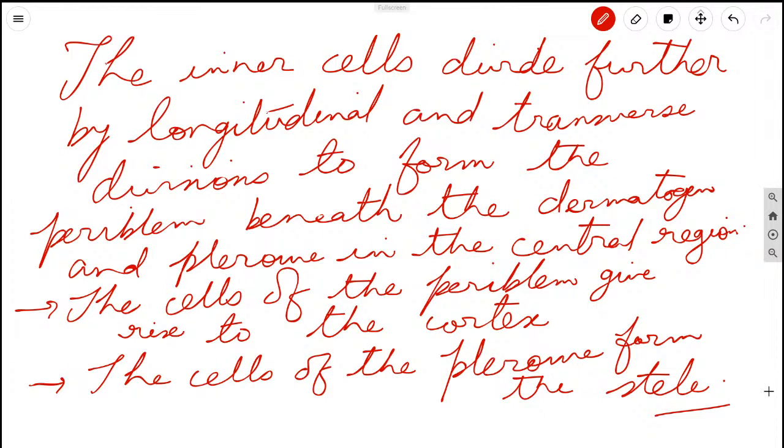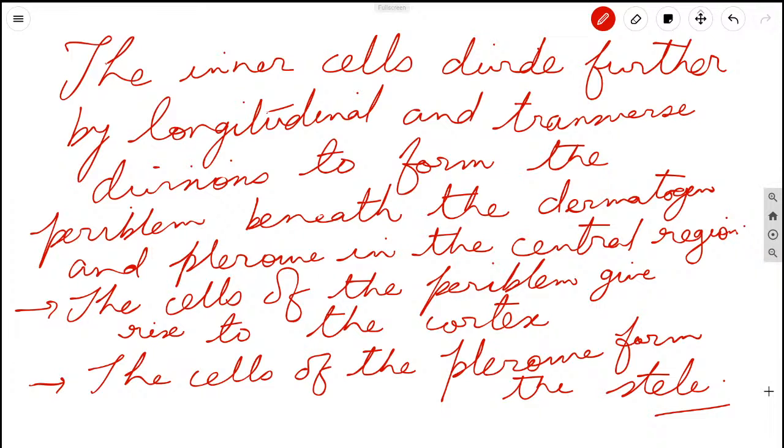Okay, so always know the two things: which gives rise to cortex, which gives rise to the stele. Now, at the time of the development of the octant, whether you are going for the anterior octant or posterior octant, hypobasal or epibasal, it doesn't matter. Epi means anterior, hypo means posterior. At the octant stage of the embryo, the two basal cells